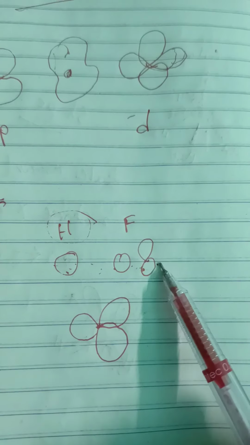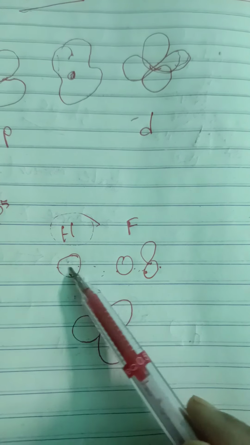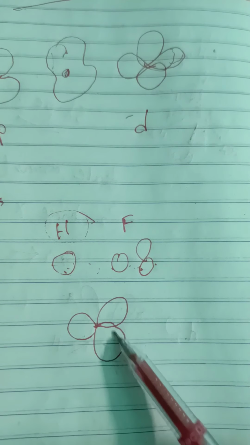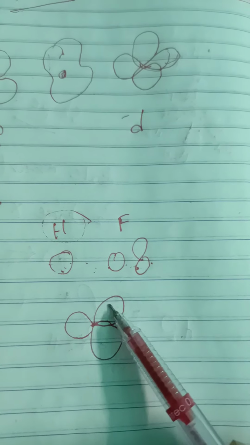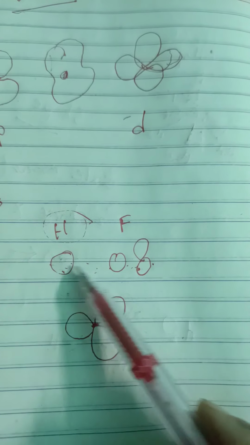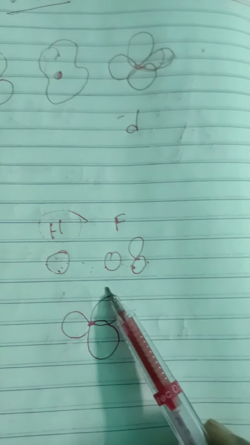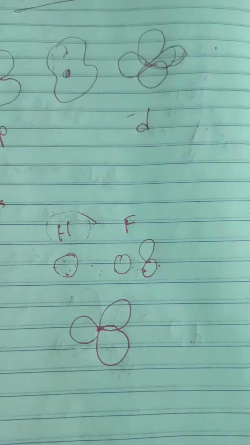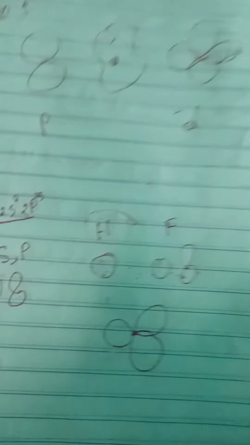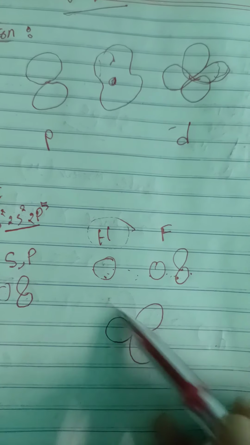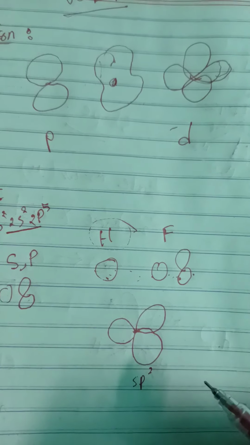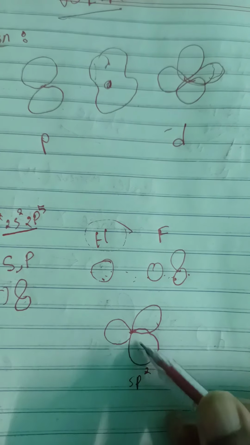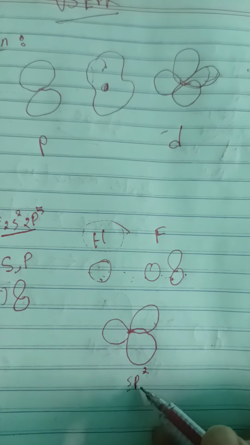But p has different shapes, that's why these three will merge and they will form a similar type of shape. These three lobes, for these three orbitals, all have the same shape. So this is called hybridization. And how to name this hybridization? Suppose I am using 1s and 2p, so I name it sp2. So the name of the hybridization will be sp2. How does it come as sp2?